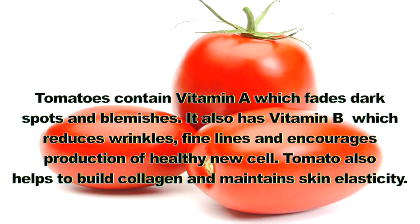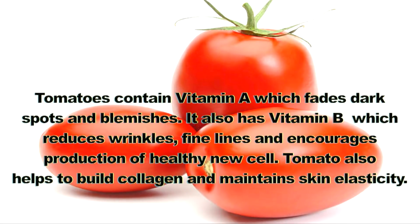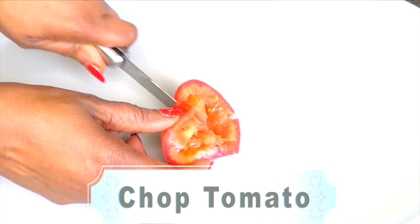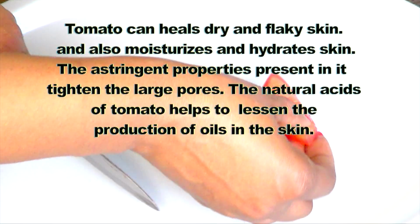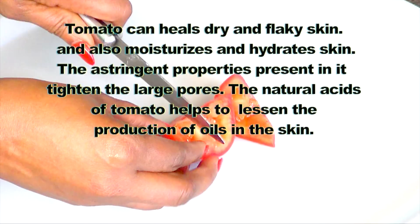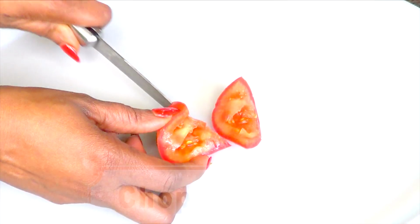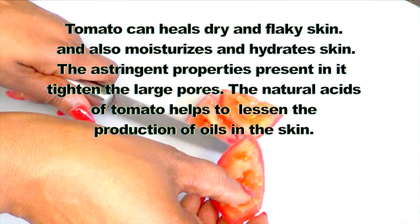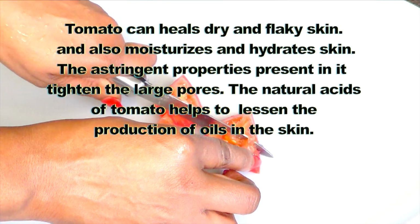So what I'm going to do with the tomato, just like I did with the parsley leaves, I'm going to be chopping it in small pieces for easier blending. Now tomato can also heal dry and flaky skin and also moisturizes and hydrates skin. The astringent properties present in it tighten the large pores, and the natural acid of tomato helps to lessen the production of oils in the skin. So now that is done, I'm going to put this aside and I'm going to move on to the next